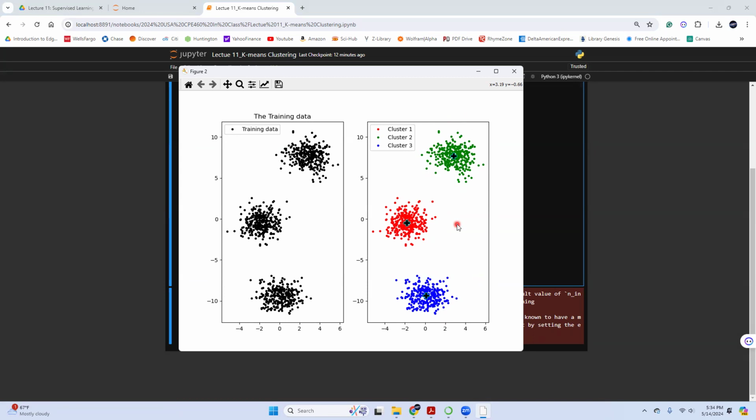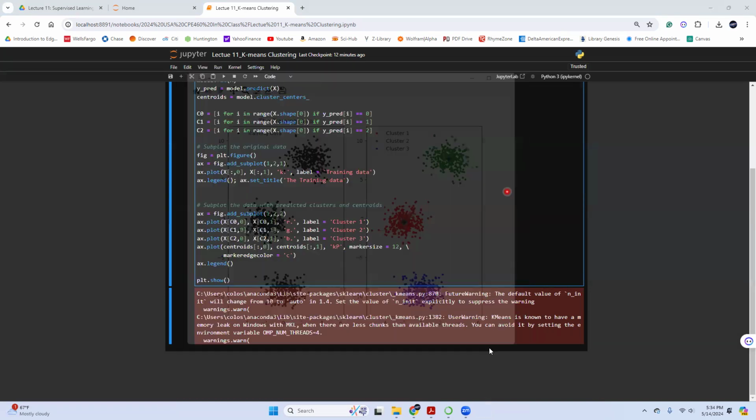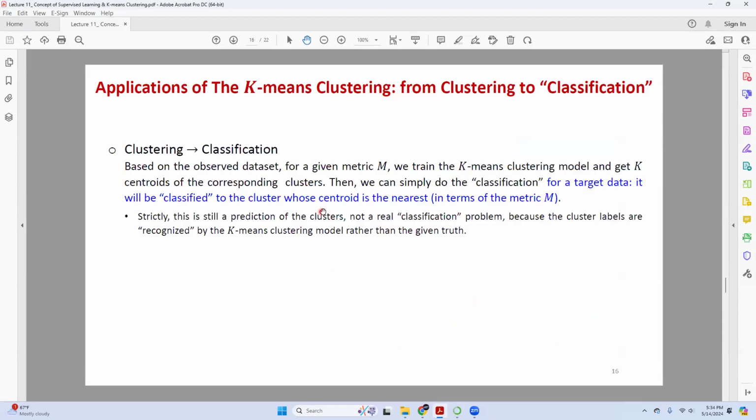And indeed, this is one very important application, the motivation, let me say, of clustering: after I have the clusters for the data, I can run classification. So now the problem is going to be supervised learning instead of unsupervised learning.